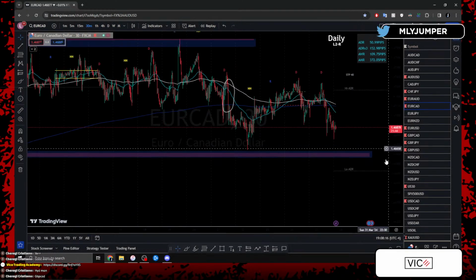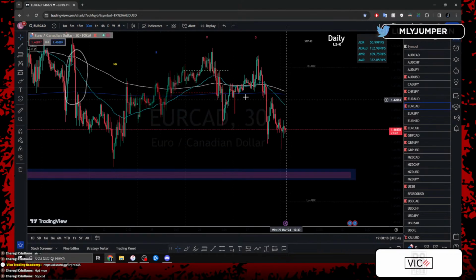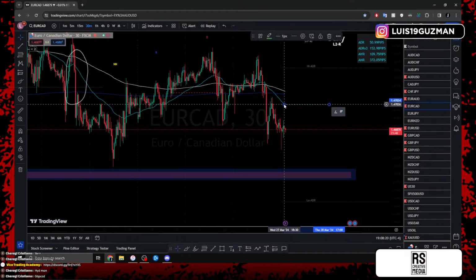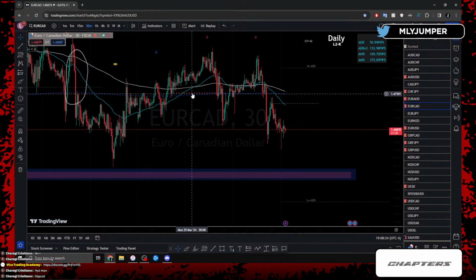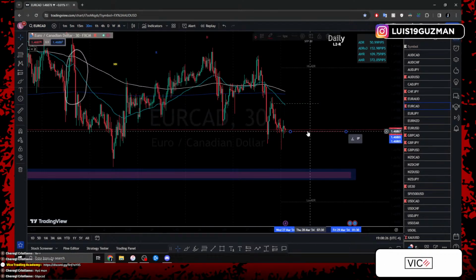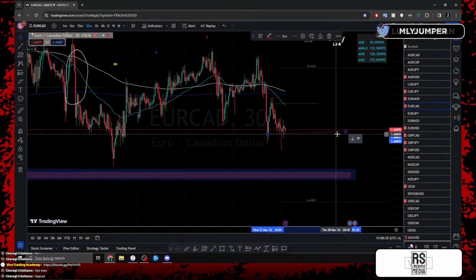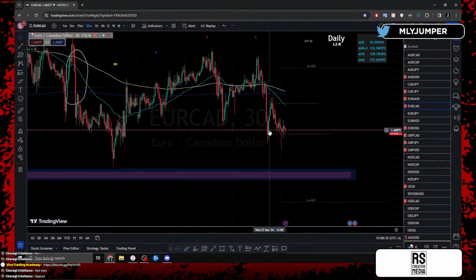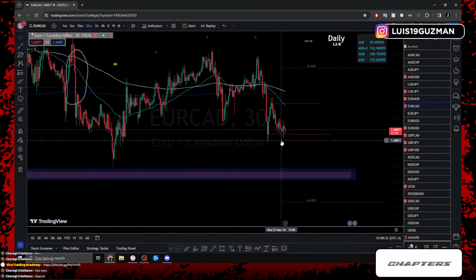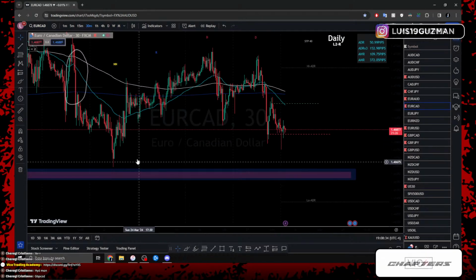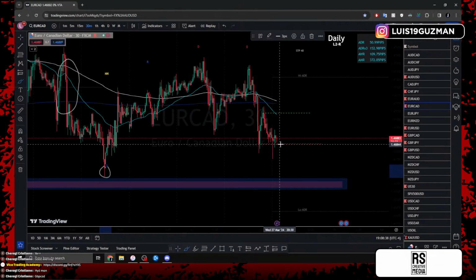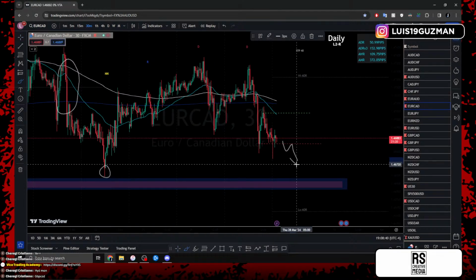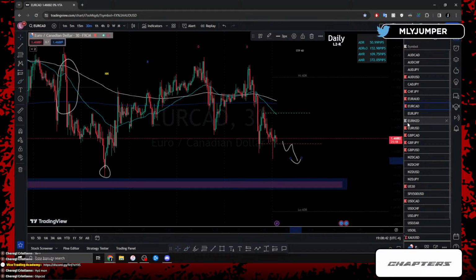Waiting to see what price wants to do. Zones that we're trading in for today at the moment, trading between this high. If price breaks above these highs, we know price is going to want to go back up, right? And these lows down here. Price breaks these lows, gives us a clean break. This is not a break of structure. Then we know price is going to want to reach these lows down here, right? Break, retest to go back down to the bottom.